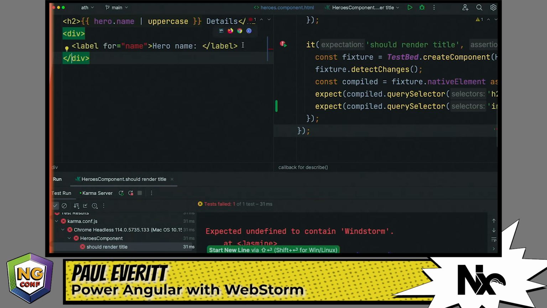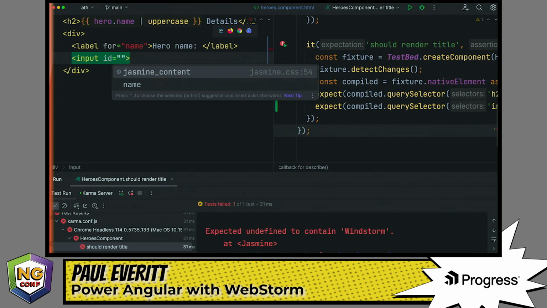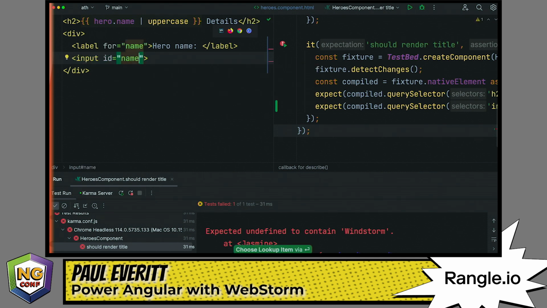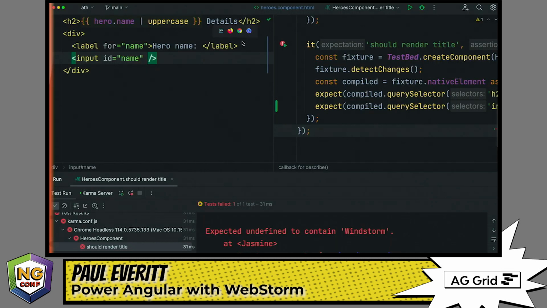Oop, thank you, Prettier. Input. And I'm going to say an ID equal to, and see it auto-completes on all the labels definitions in here. So I'm going to choose name. And then I want the two-way binding. So this is going to be